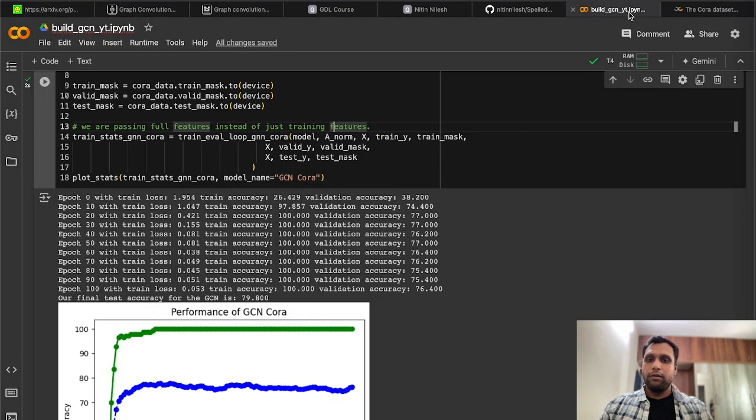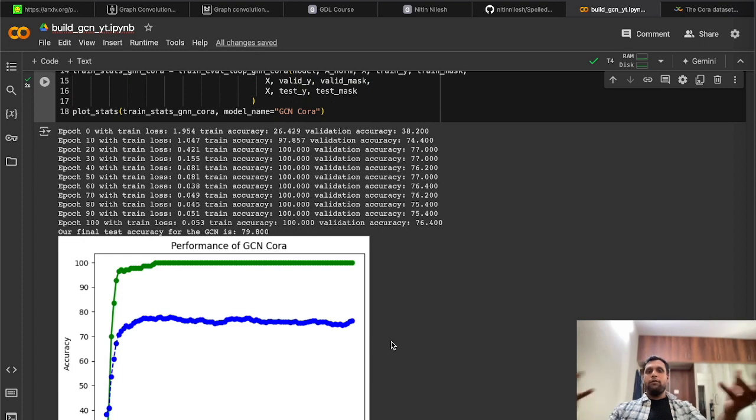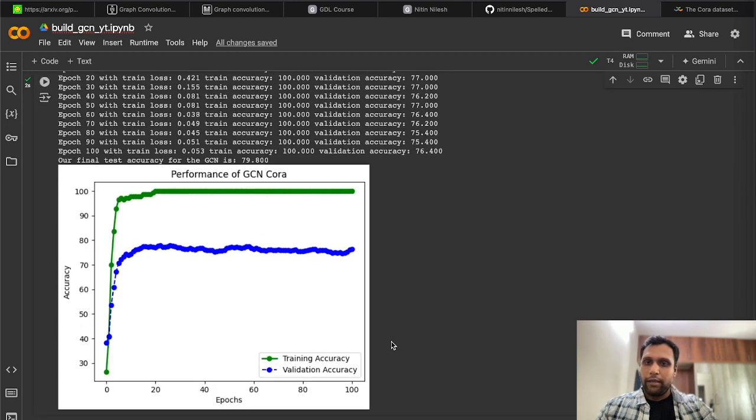Okay, so this is how we see how GCN is much better at taking leverage of the connections between the samples, right? Okay,